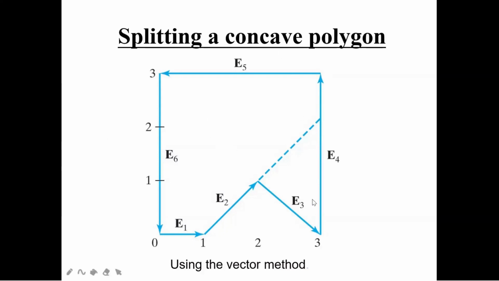Whatever diagram is given, you are going to write it. You have to write the x-axis, y-axis, and the divisions of the x-axis and y-axis for unit vectors like 1. Then I have these edge vectors and vertices, and I'm going to use the vector methods to solve this polygon.